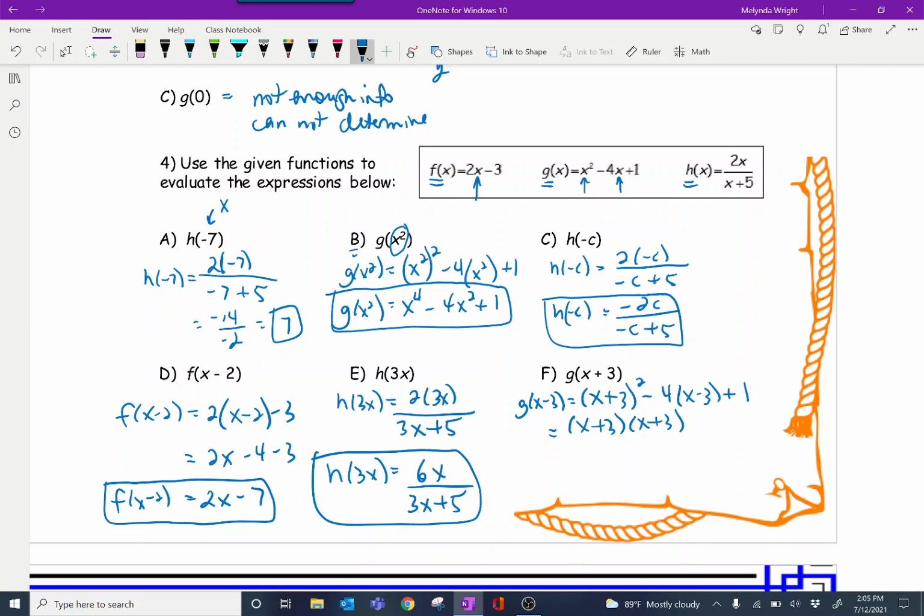Now I'm going to go ahead and distribute the negative 4 into these parentheses. So that would be negative 4x plus 12 plus 1. Okay, so foiling here. So what would that give us? X squared plus 3x, so plus 6x plus 9 minus 4x plus 12, and 1 is 13. Let's go ahead and combine like terms. I only have 1x squared. 6x minus 4x is a positive 2x, and 9,